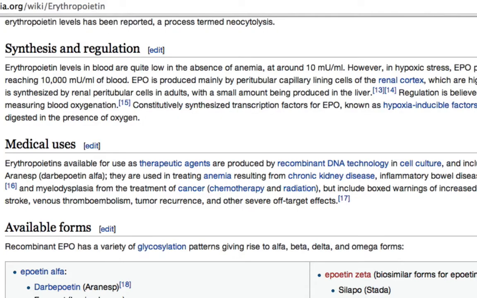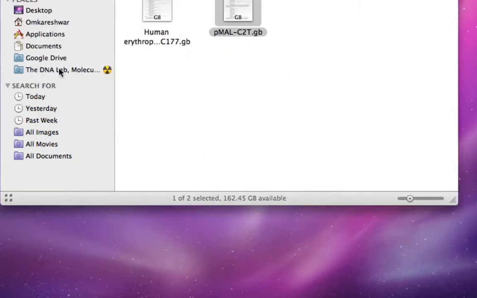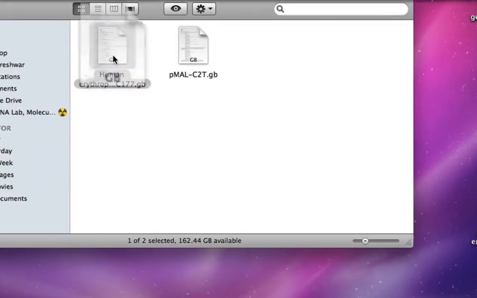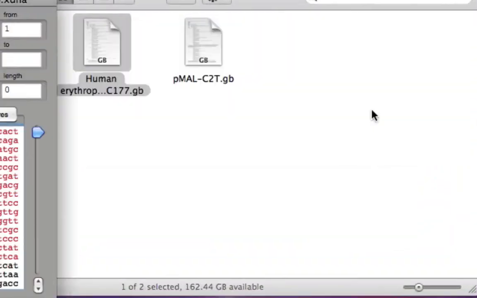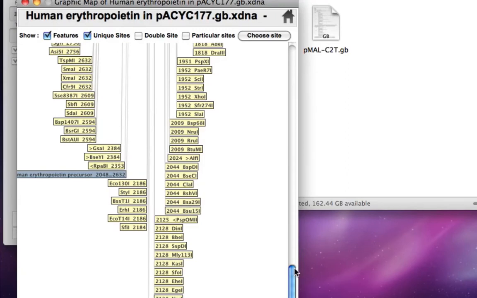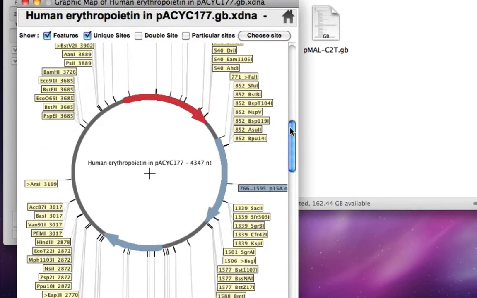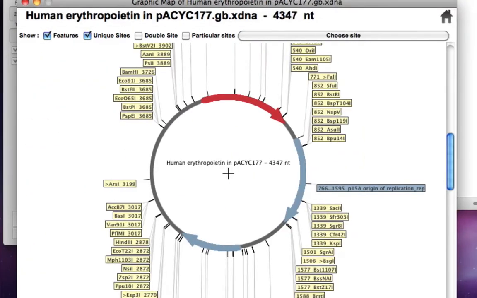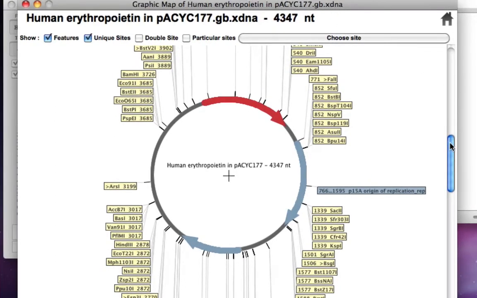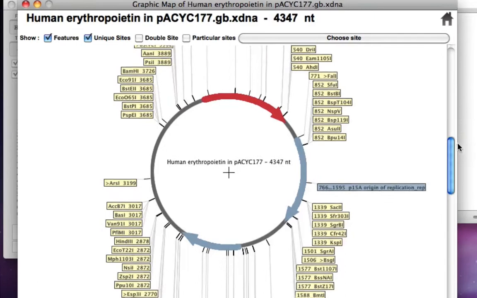So let's say you want to produce this protein as a fusion protein and then purify it. So that's why you want to subclone it in the pMAL-c2T vector. So we have opened the pACYC177 plasmid, which contains the human erythropoietin gene, and let's take a look at it. So this is how the vector looks.